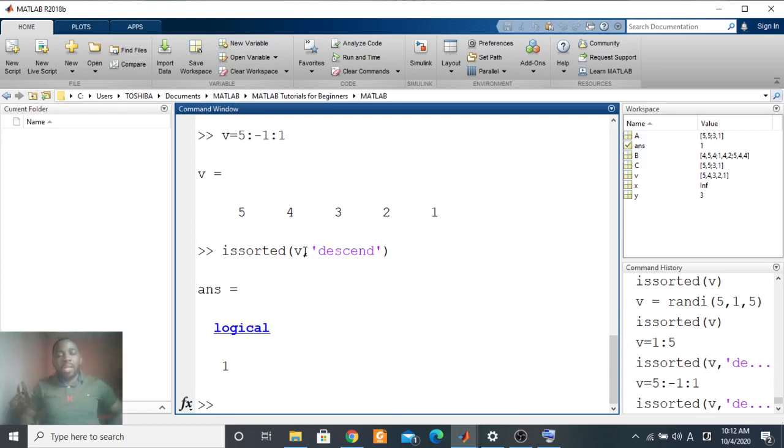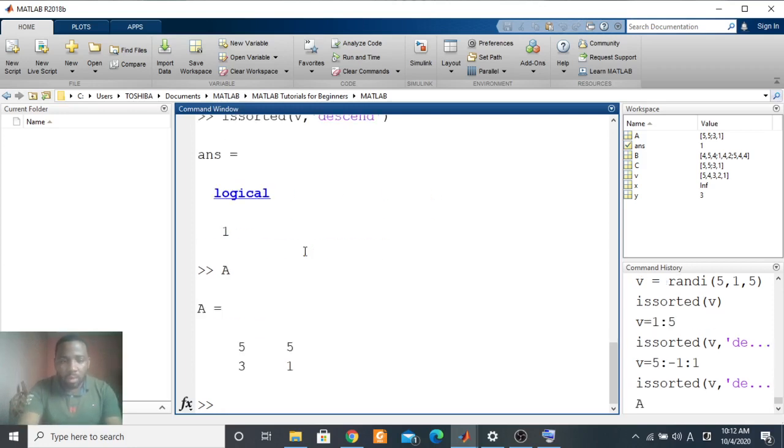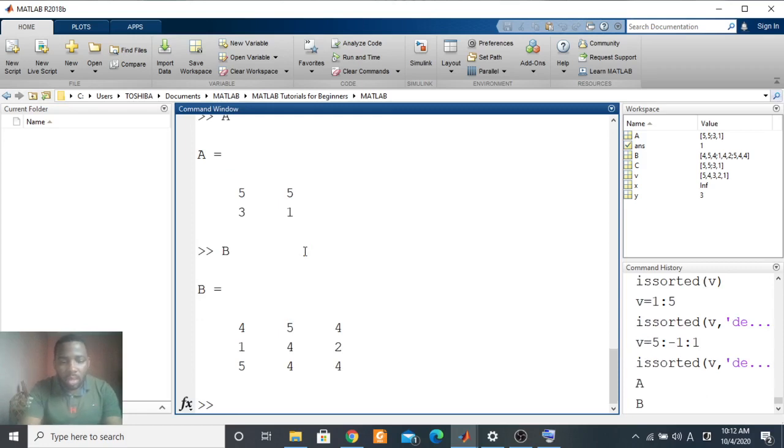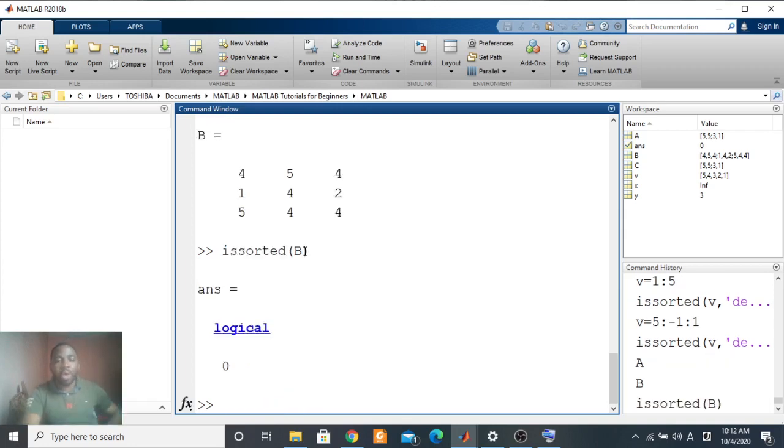All of these functions on arrays work exactly the way we saw sum. You remember sum. So for example, if I use B and say issorted B, in this case, it will look at all of these columns right here. It will check column 1, is it sorted?